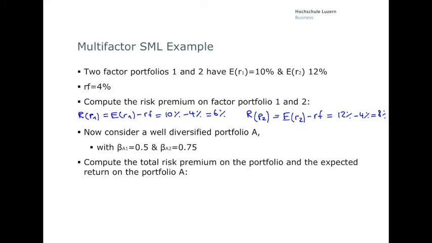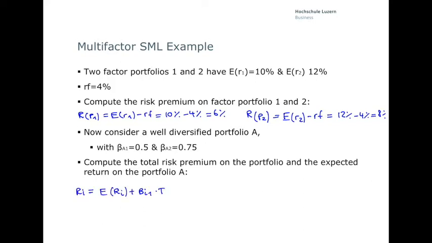Now consider a well-diversified portfolio A with a beta of A1 equal to 0.5 and a beta of A2 equal to 0.75. The multi-factor APT states that the overall risk premium on this portfolio must equal the sum of the risk premiums required as compensation for each source of systematic risk. The total risk premium on the portfolio and the expected return on the portfolio can be computed as follows, using the general formula,